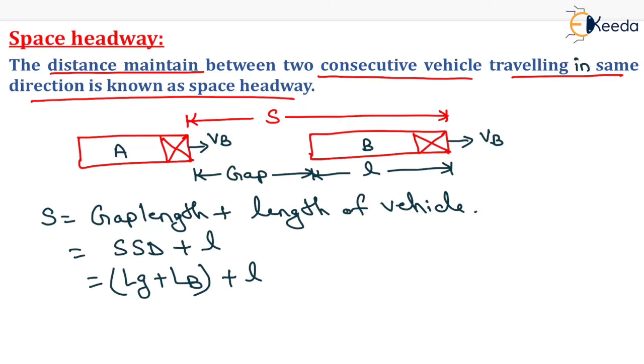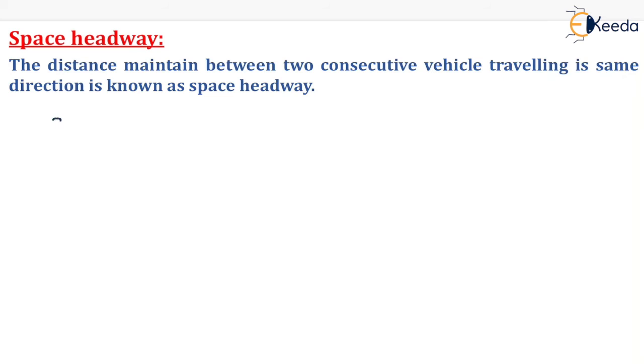Now during the overtaking operation, the braking distance will be equals to 0 because we will not apply the brake. So it will be equals to lag distance plus the length of vehicle. That will be the space headway. Now space headway will be equals to lag distance plus length of vehicle. Now lag distance will be equals to